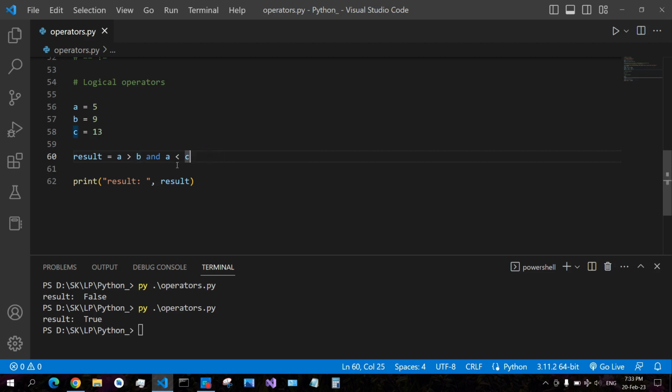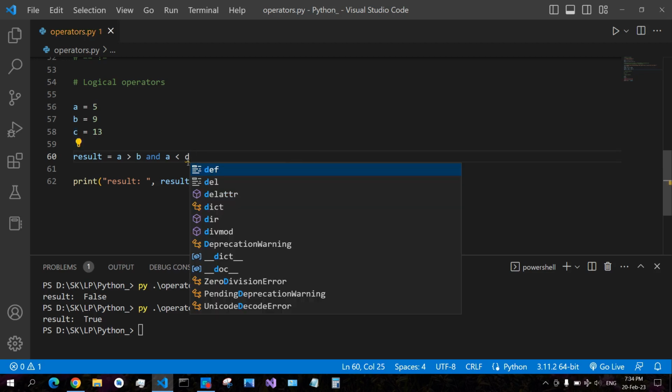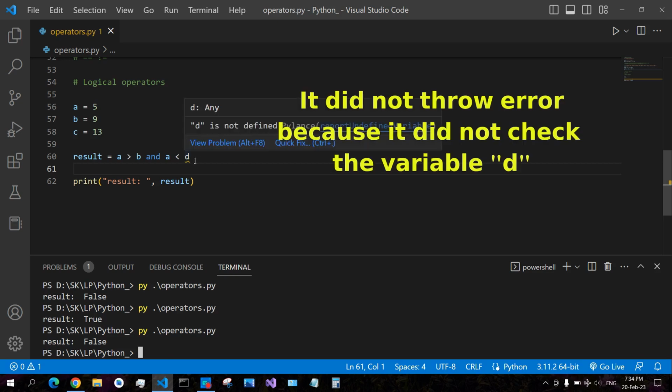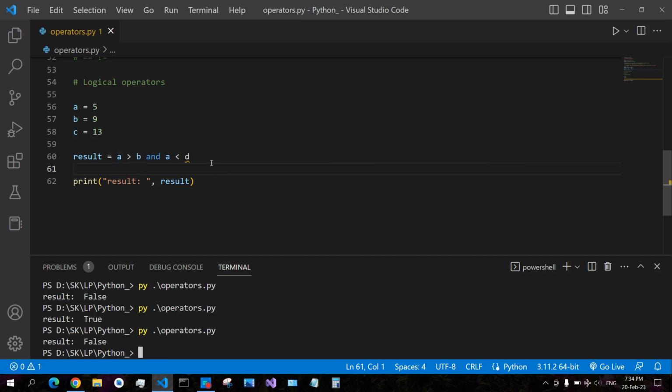Let me prove it to you that it does not check the second one. I change this to D. You see? And OR checks for true. And if it finds true in the expression, it stops. If I change this here to something true, B is less than C, or because it is now true, X